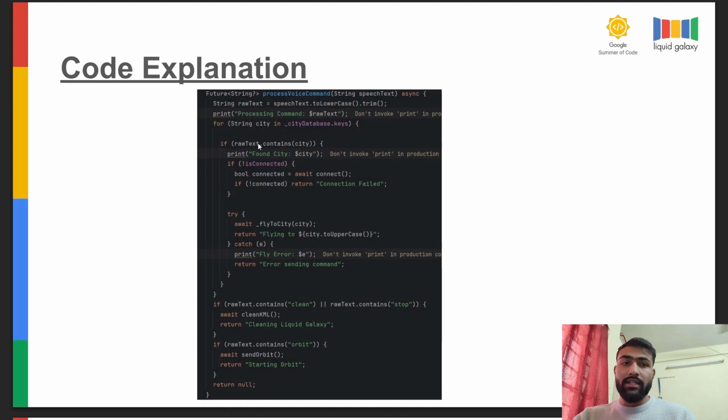And if the raw text contains a city in that string,